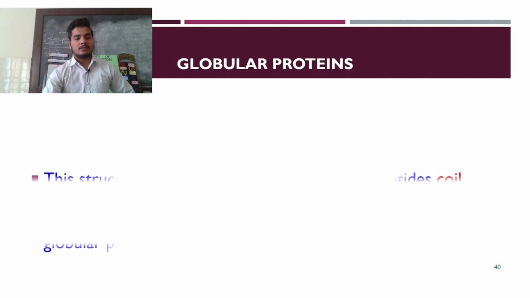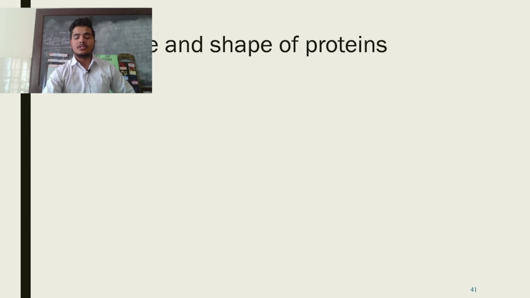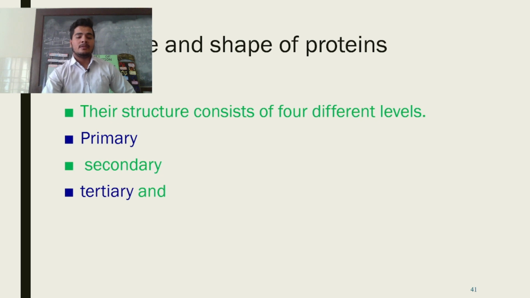Globular proteins. This structure results when the chains of polypeptides coil around to give a spherical shape. These are usually soluble in water. Insulin and albumin are the common examples of globular proteins. Now the structure and the shape of the proteins. Their structures consist of 4 different levels: primary, secondary, tertiary and